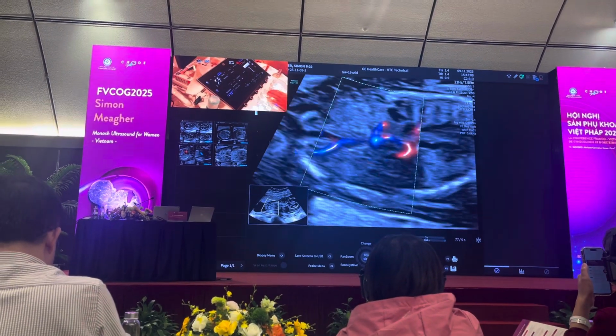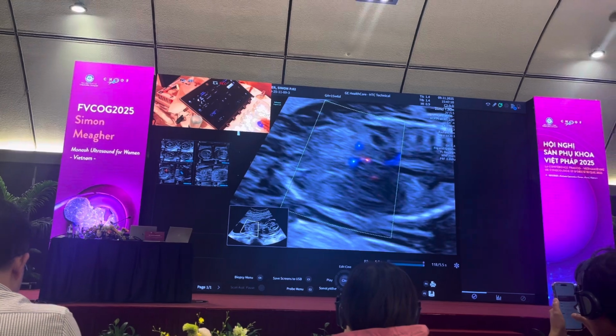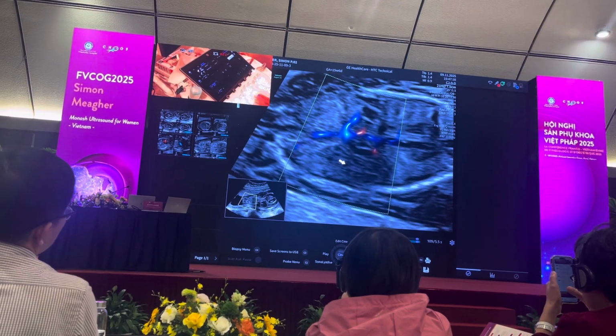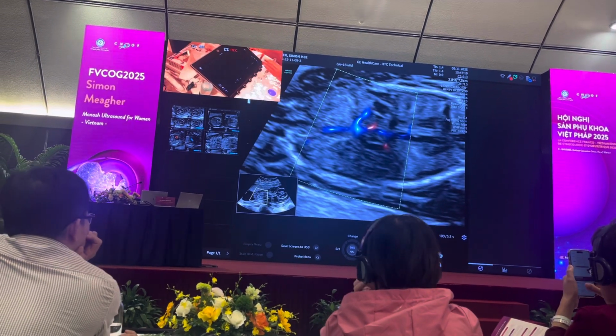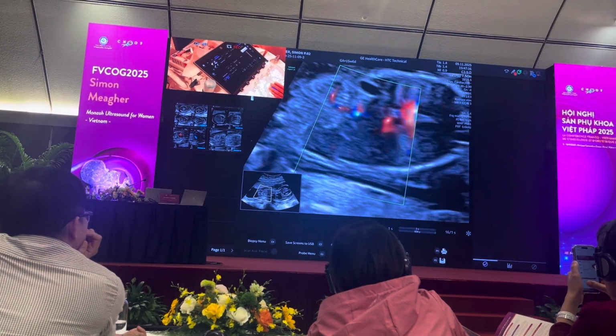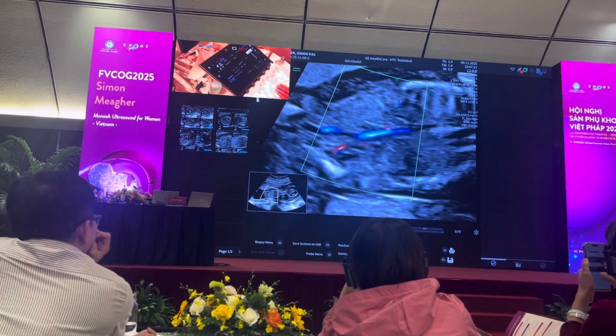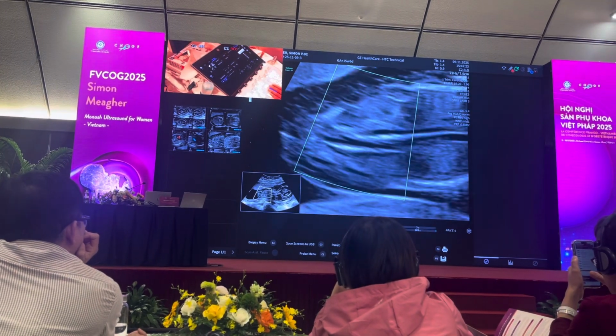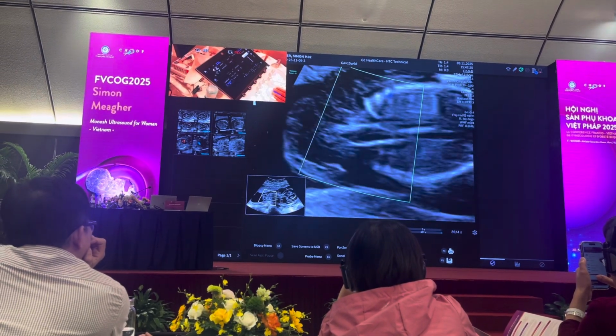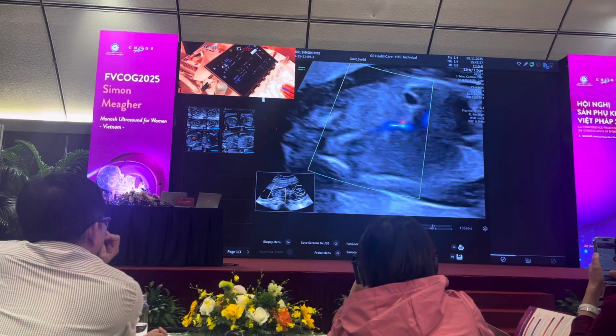You have your first vessel you see coming in here. That's not your renal artery, this is your suprarenal artery here. And if you cannot see your renal artery, then you just go to slow flow and see if slow flow will show you. So I can't see the renal artery coming in. If I cannot see the renal artery coming in and I see a duplex,